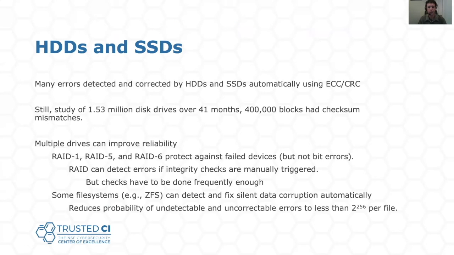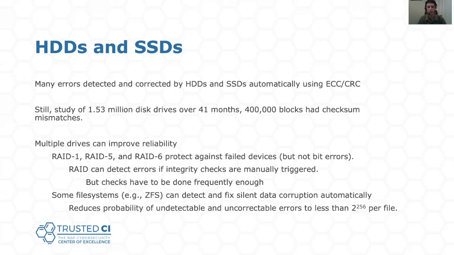In storage devices, many errors are detected and corrected by hard disk drives and solid-state devices using the ECC CRC codes that are stored on disk for each sector. If the disk drive detects multiple read errors on a sector, it may make a copy of the failing sector on another part of the disk by remapping the failed sector of the disk to a spare sector. This silent correction can be monitored using tools that automatically check the disk drive for impending failures. This remapping is particularly important for SSDs, as sectors age quickly with the number of bytes written.